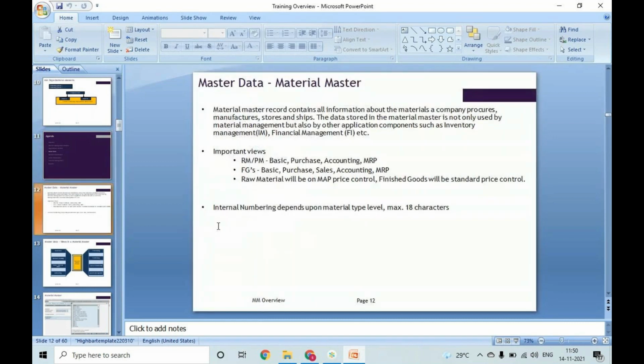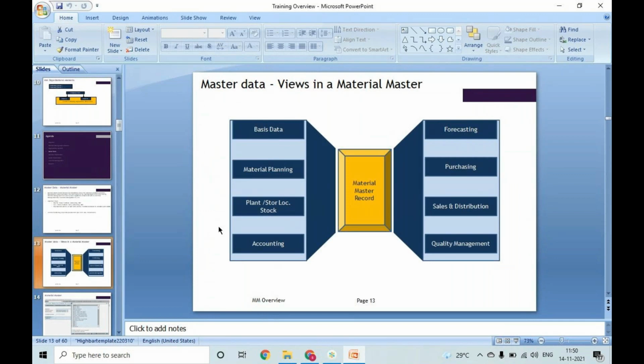Master data. As I said, we have material master, service master, info record. So in material master, we'll have all the descriptions and units of measurement. What is the shelf life of a particular material, and how many delivery days it might take to receive that material once the order is raised. And what is the value of the material? Everything will be captured in this master data, that is material master.